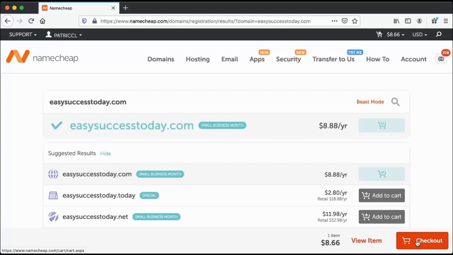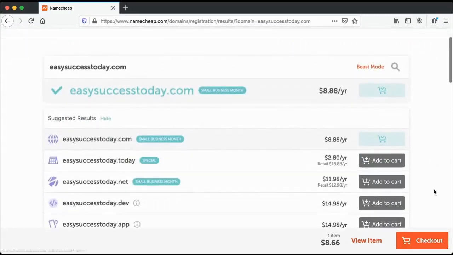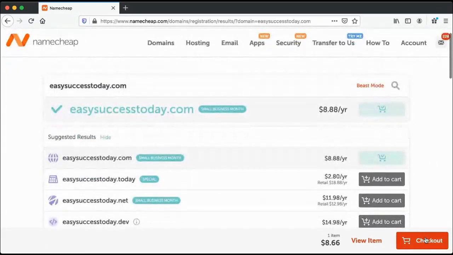Now, I want to bring out one point. If you are sharp here, you will realize, why is my account $8.66 when, logged out, it's about $9 something, right? The reason is that for my account, I automatically get a 10% discount without putting in a coupon because I bought hundreds of domain names, and because I'm a premium customer, I would guess, Namecheap automatically gives me a 10% discount for any domain names that I purchase. So that is by default. All right, the same process. If I click checkout, I'm not too sure whether it will buy my domain or not. Let me just click checkout and see.